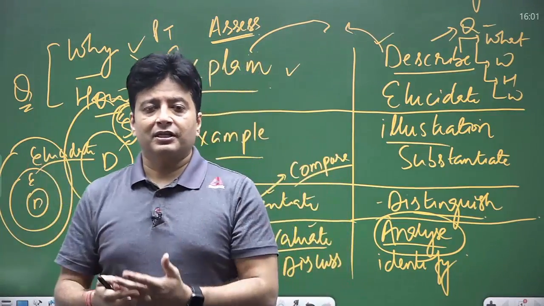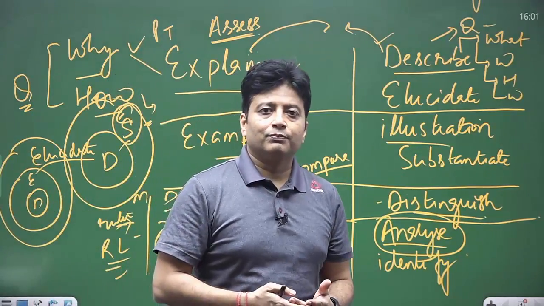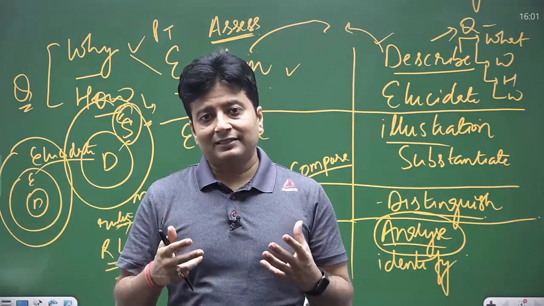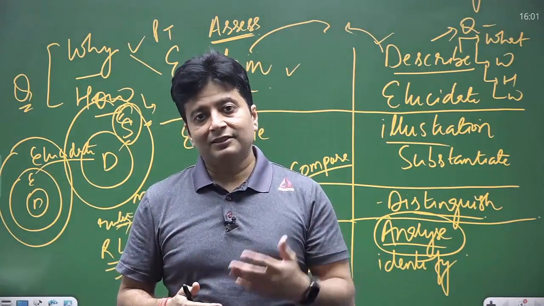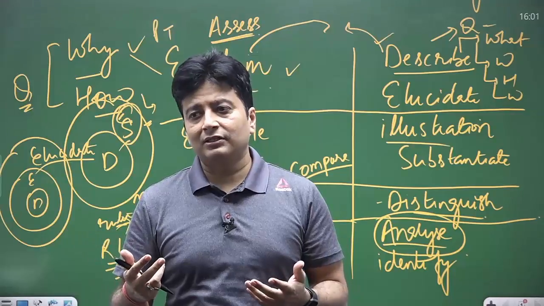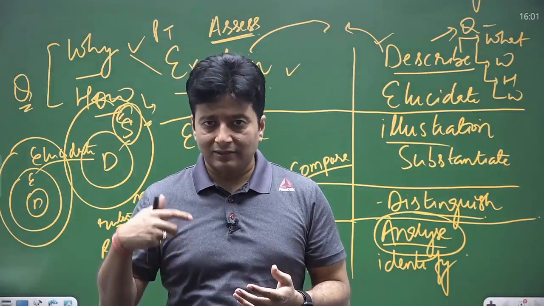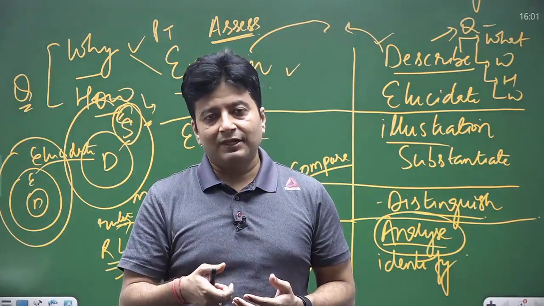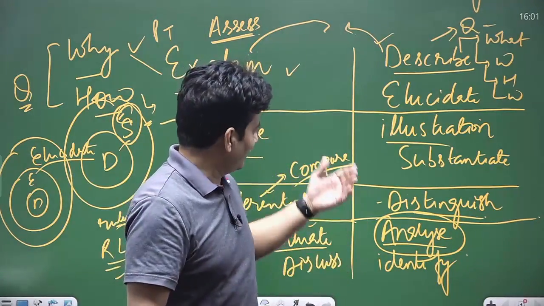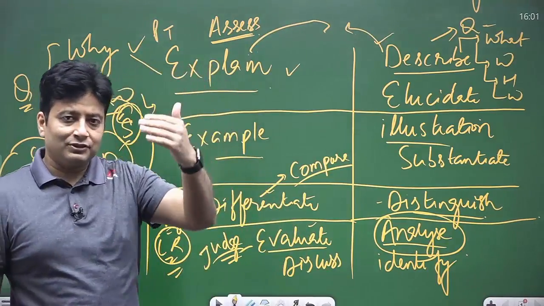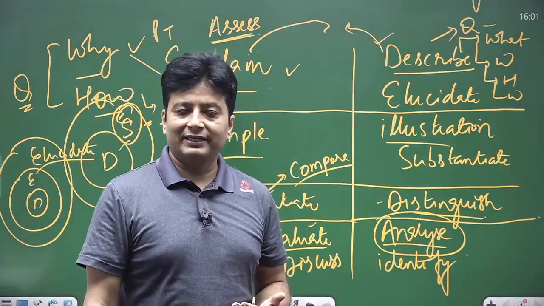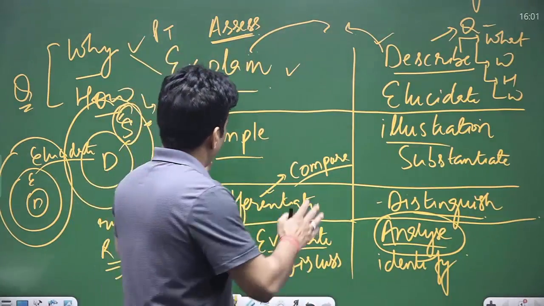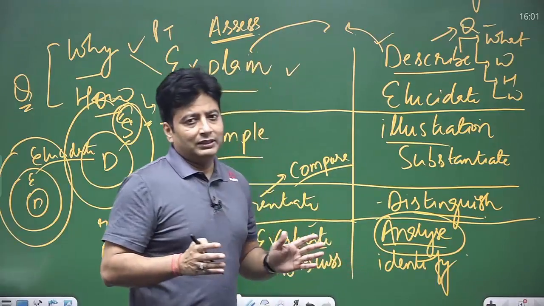Today the capitalist era is thriving, so the private sector is booming. The package of the private sector employee is more in comparison to a bureaucrat. Powers are not that reflective in nature, but these are found substantially good in the private sector. So you have to identify, you have to sometimes enumerate also as part of the subset of the identification process in the exam, right? So this is the broad crude comparison.